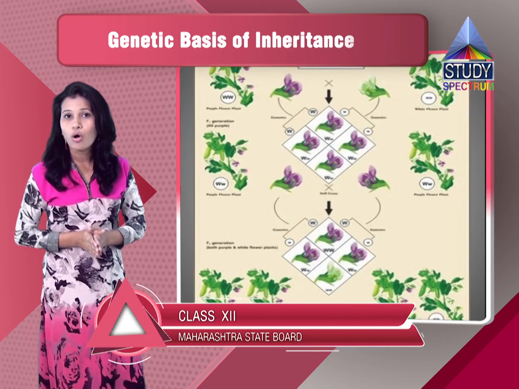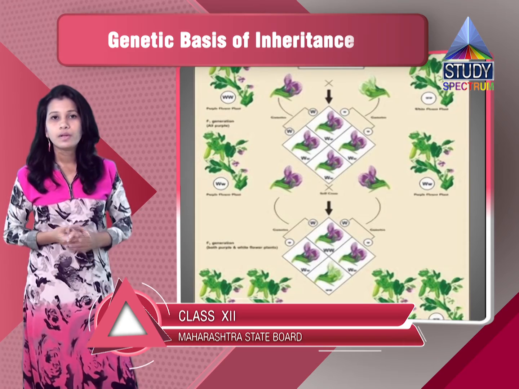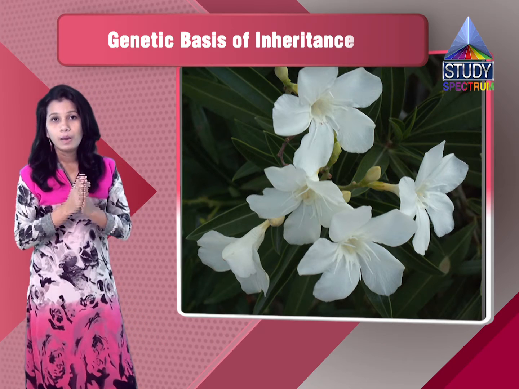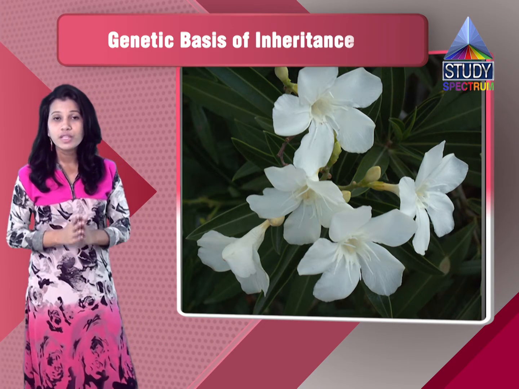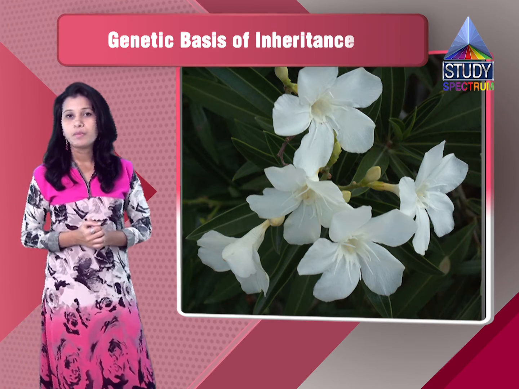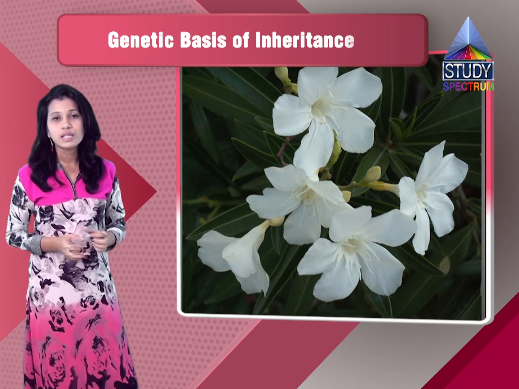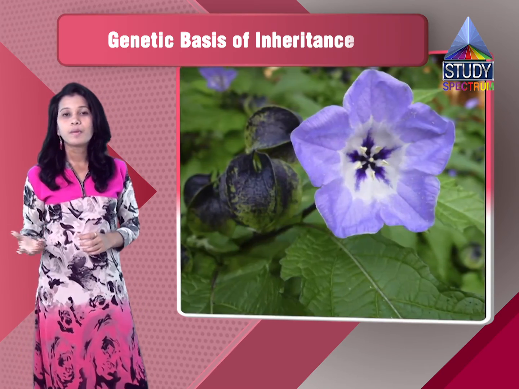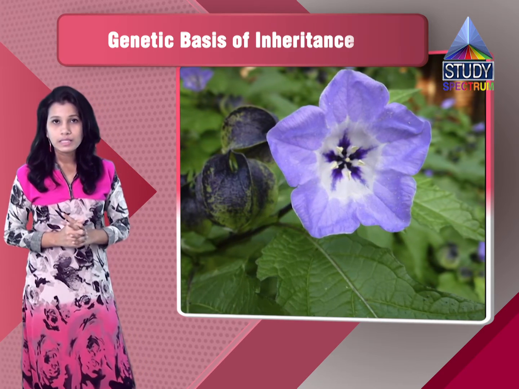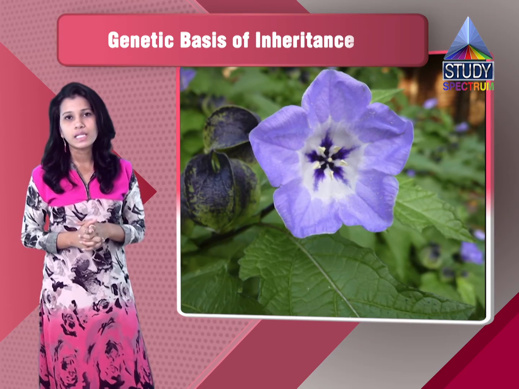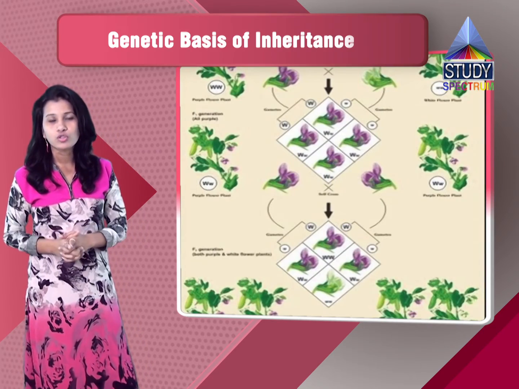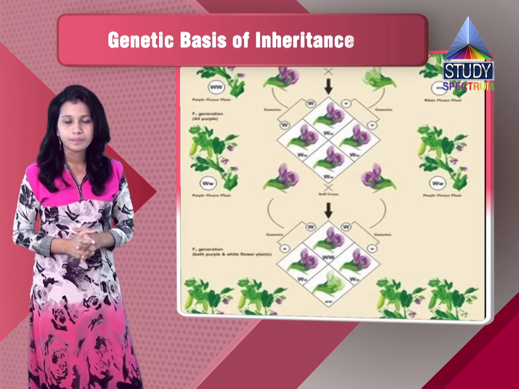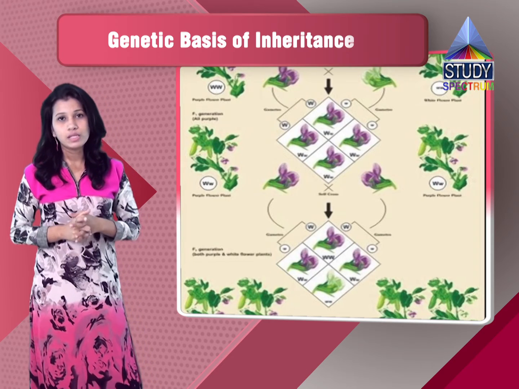If you consider the flower color also, one will be the colored one and another one will be the white one. The flower position, the height of the stem, the bud color, the pod color, the seed color, everything will be same. Only one difference will be there. That means that one plant will be having only white colored flowers and another plant will be having only colored flowers, that is the purple colored flowers. So these are the two contrasting characters and they are having only one pair of contrasting character and hence it is called the monohybrid cross. So monohybrid cross is a cross between the two parents having only one pair of contrasting character. Then we need to explain it with a suitable example.